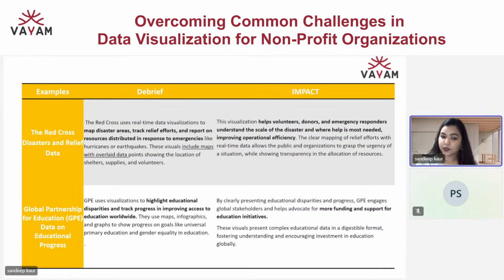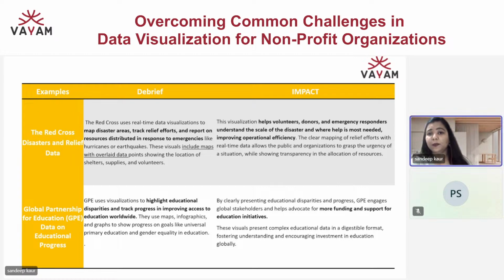Red Cross disaster and relief data. The Red Cross again uses real-time data visualization to map disaster areas, track relief efforts, and report on resources distributed in response to emergencies like earthquakes. We often see every year, even for floods and all, they use that. These visuals include maps with overlaid data, pointing to the locations where they are supplying shelters and food, and where volunteers are participating.